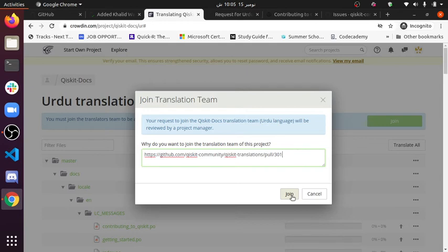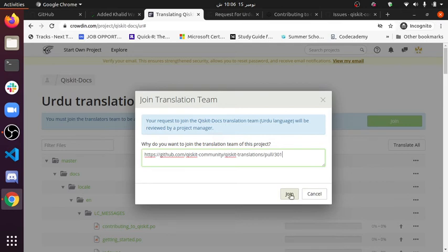When you click on the join button, it will add you to the Urdu translation team, but still you will be added as an interested candidate for a particular language, and then hopefully your team lead will add you into the language as a translator. Okay, so right now your task is just to click here on the join button, and you will be done. Like with all the tasks, you are required to add yourself as a participant.